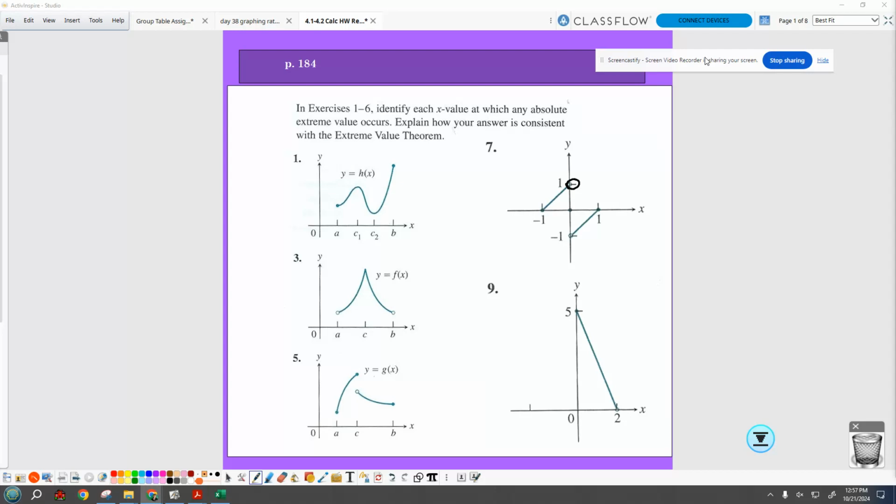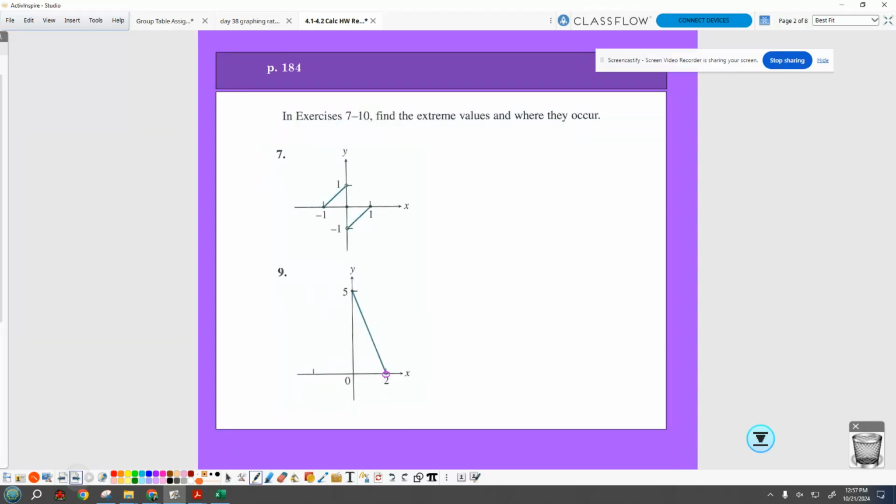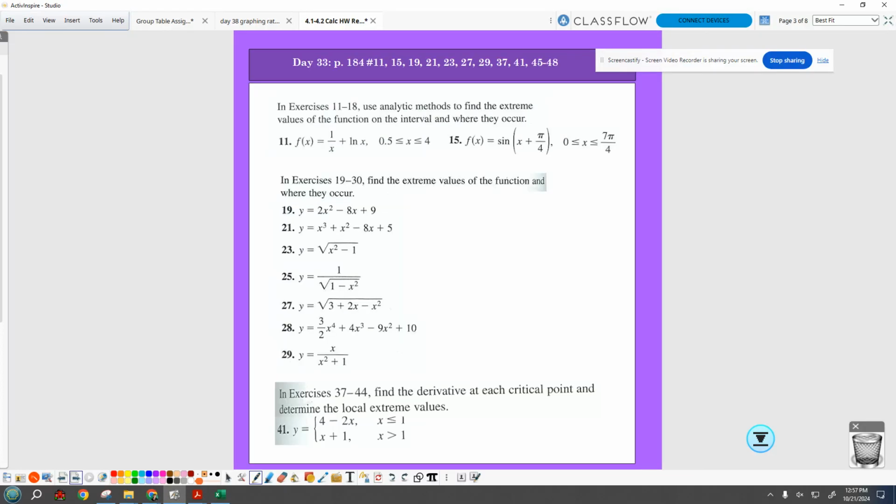So be able to identify maxes and mins, local and extreme and absolute, by looking at the graphs, as well as looking at equations. Do the first derivative, find out the critical points. Which critical points happen where? When the slope is undefined, the tangent slope is undefined or zero. When the first derivative is 0 or undefined, period. Either of those.